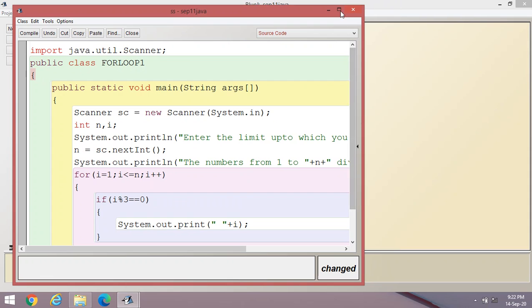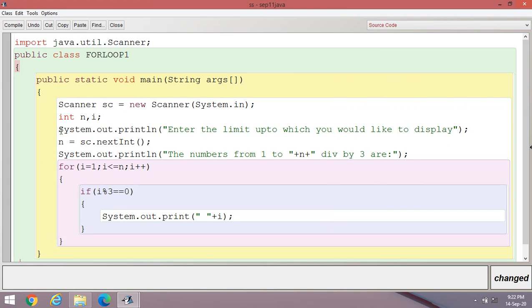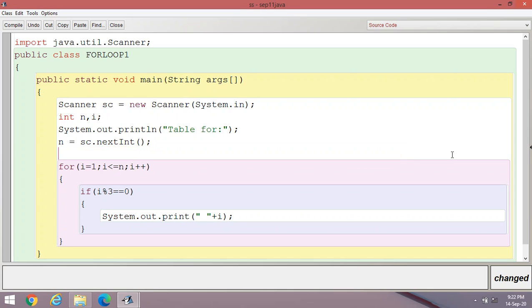Control V. This one is the program. System.out.println. Suppose I am writing here: table for, you can enter one value here. You can delete this line.